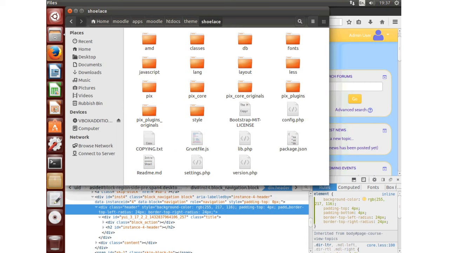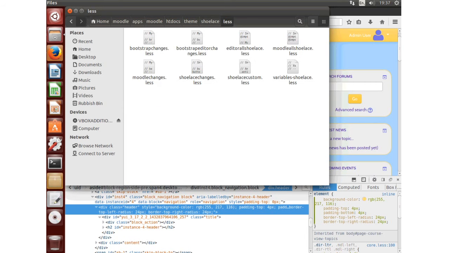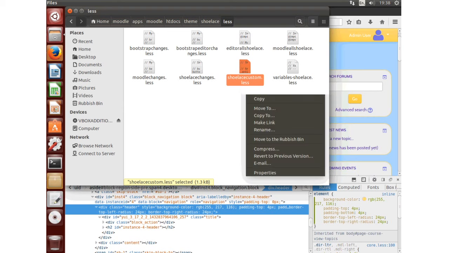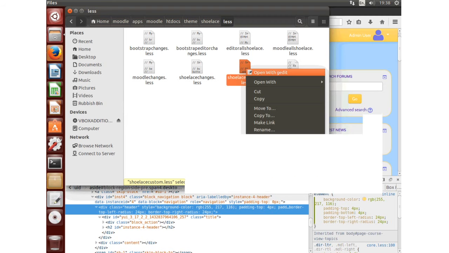into its components, and that's what I've done in here. So Shoelace, I've broken it down into bits and bobs and some variables and stuff like that. So there's Shoelace changes, custom, and so forth. So if we edit the custom file, because that's what we're doing,